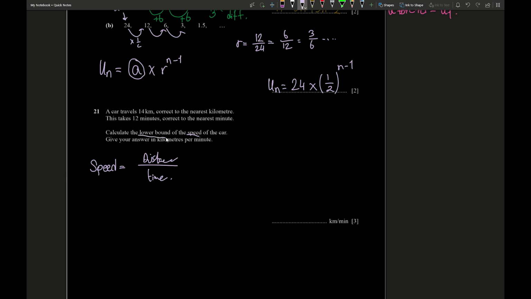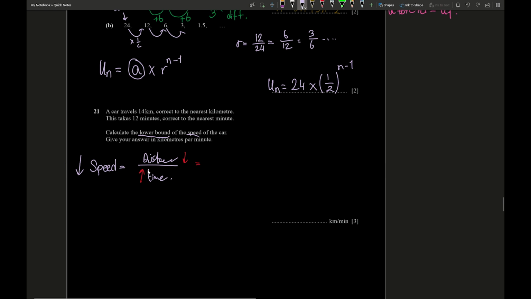We want the lower bound of speed, so the least value of speed. To find the least value of speed, we'll have to find the lower bound of distance and divide that by the upper bound of time. Why? Because speed is proportional to distance. So if we want to decrease speed, we would have to decrease the distance. And since speed is also inversely proportional to time, to decrease the speed, we have to increase the time. Okay, now,